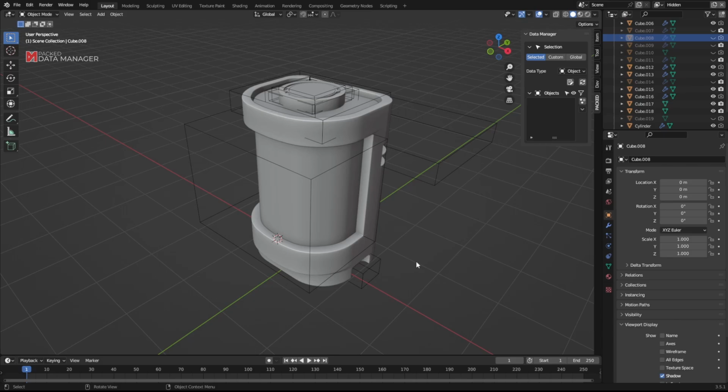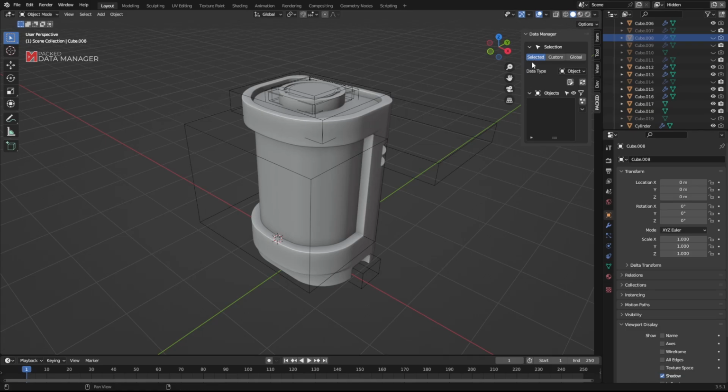To select the cutters, we need something to identify them by. When modeling this piece, I used a built-in Blender add-on called Bool Tool, and Bool Tool, when cutting objects, adds a few custom properties to its cutters. So we can filter these objects by whether they have a certain custom property or not.